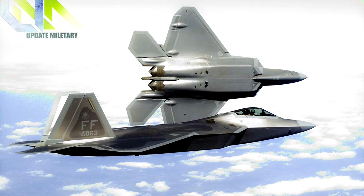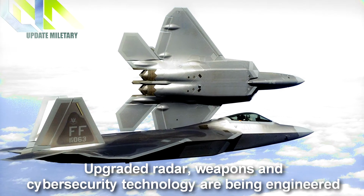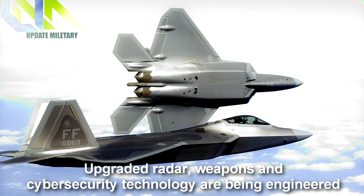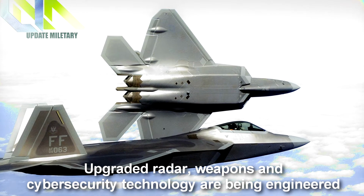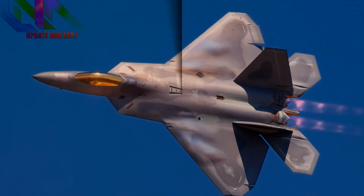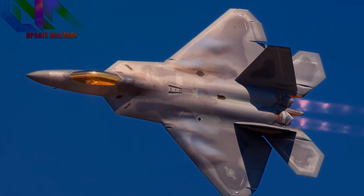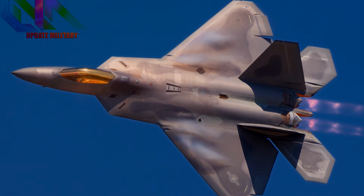U.S. Air Force F-22 gets new target tracking high-tech radar. Upgraded radar, weapons and cybersecurity technology are being engineered into the F-22, designed to enable the stealth fighter to counter attacks from emerging future enemy threats, dogfight successfully against Russian and Chinese 5th generation stealth fighters, and fly successfully